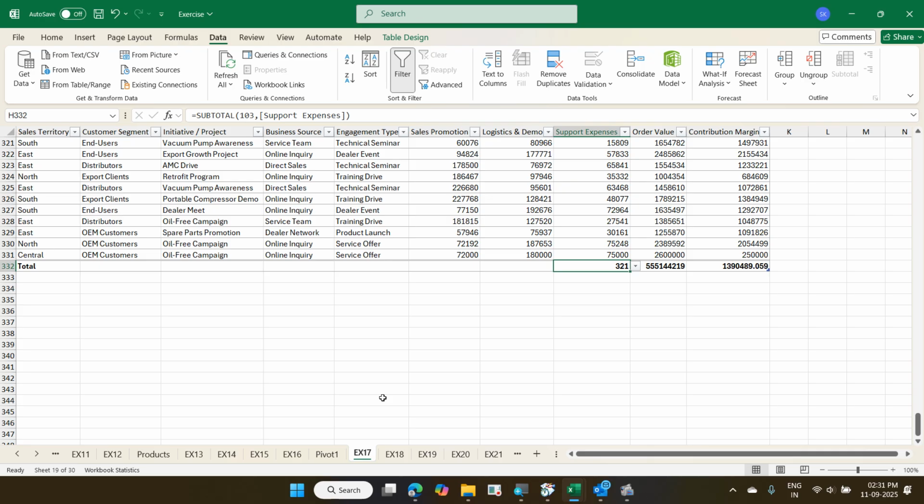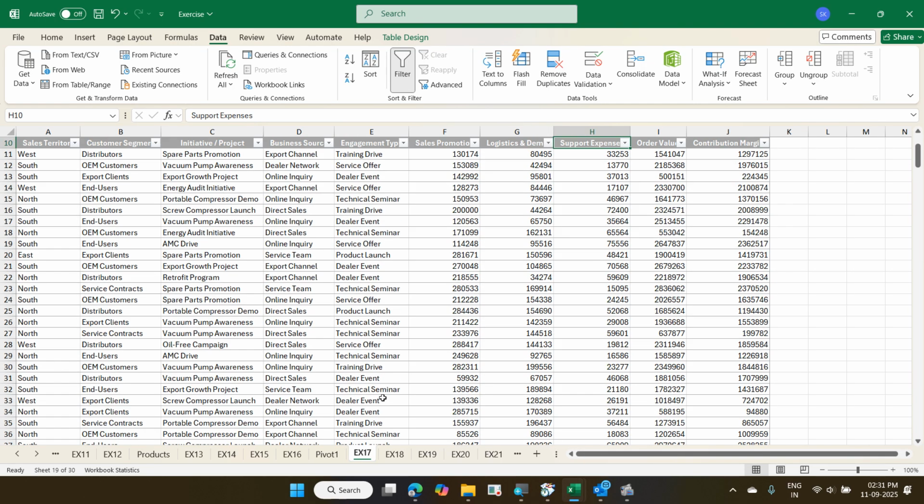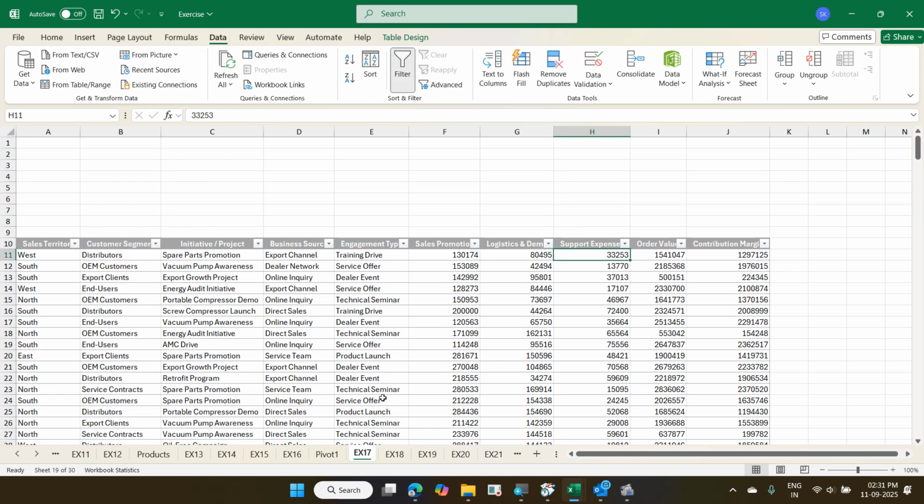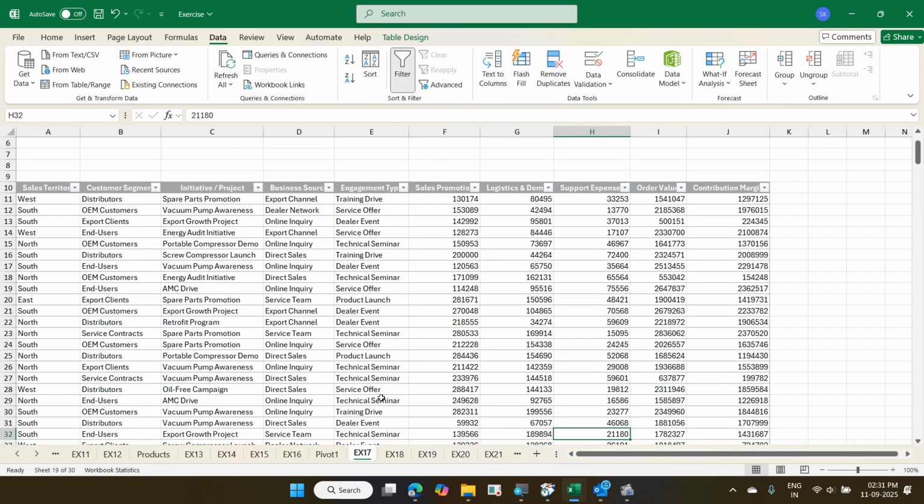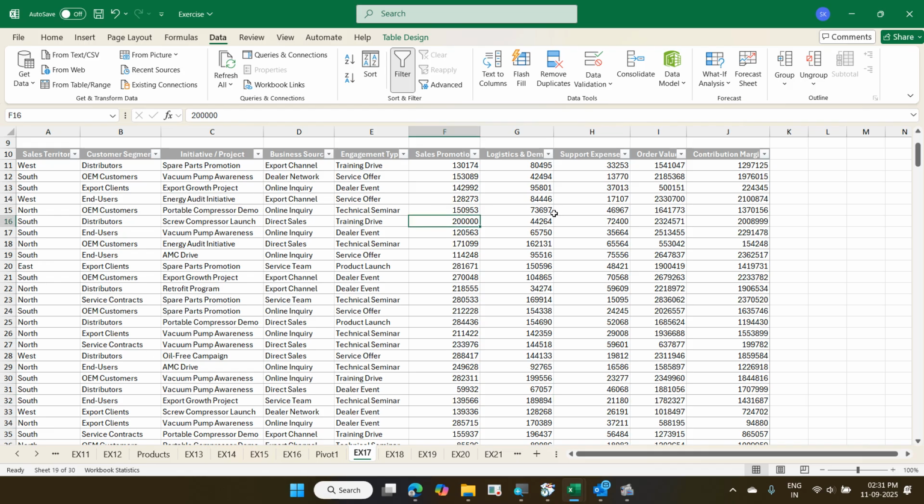A powerful feature of this dynamic table. Assume I want to write a formula. For example, I want to sum up this sales promotion plus this demo. Put together, what is my total? Usually, where we write the formula, we write it on the first cell, correct? Then we copy the formula. That's what we do in a normal table, whether it's an IF function, SUM function, VLOOKUP, or XLOOKUP. We write it on the first cell, then we have to copy. But